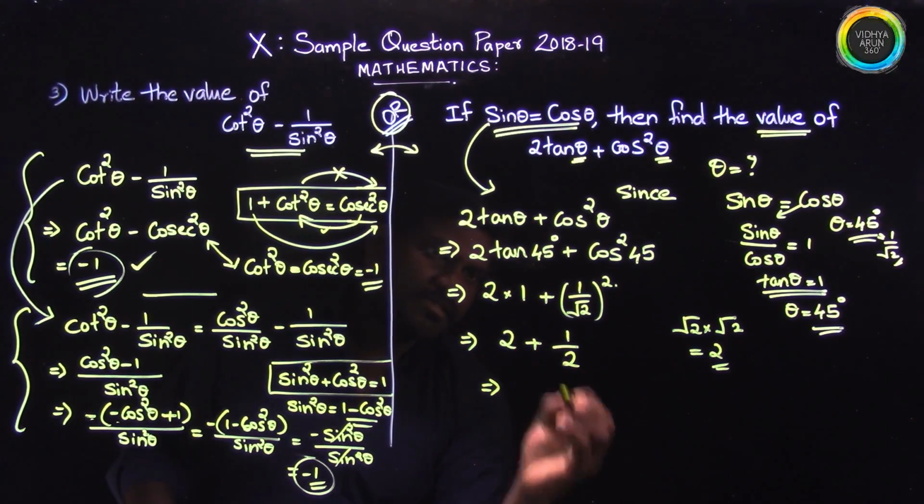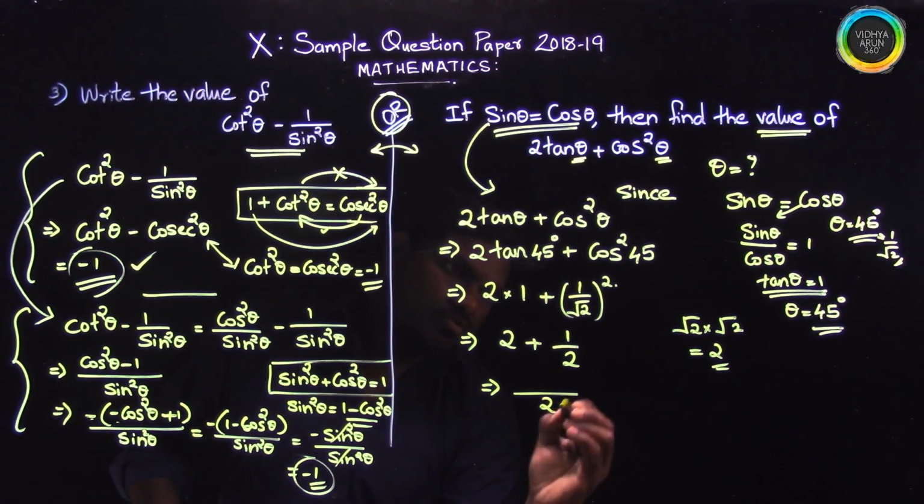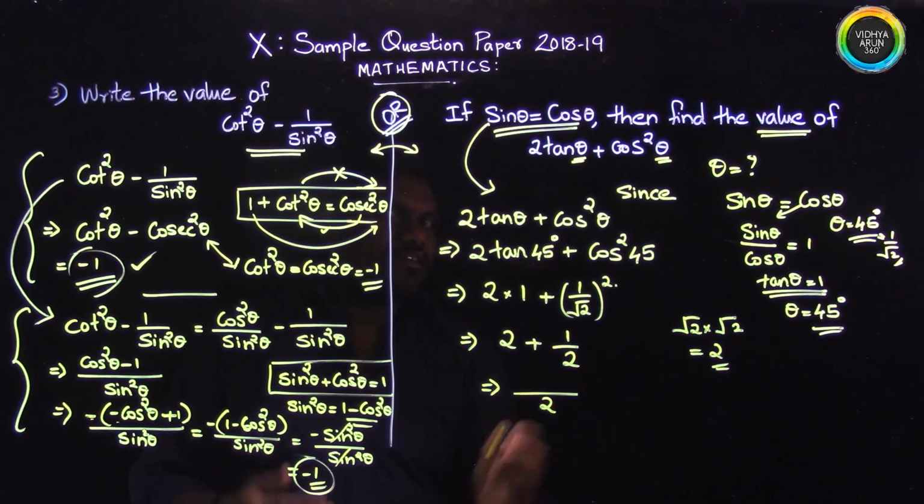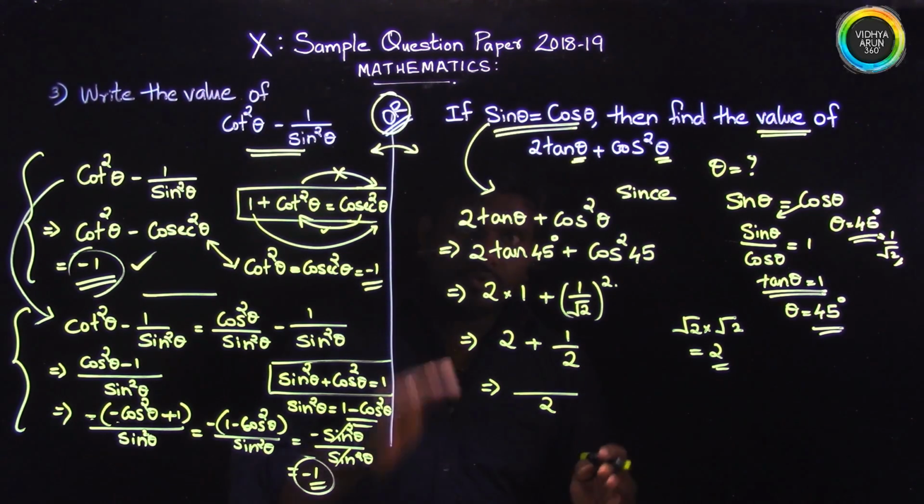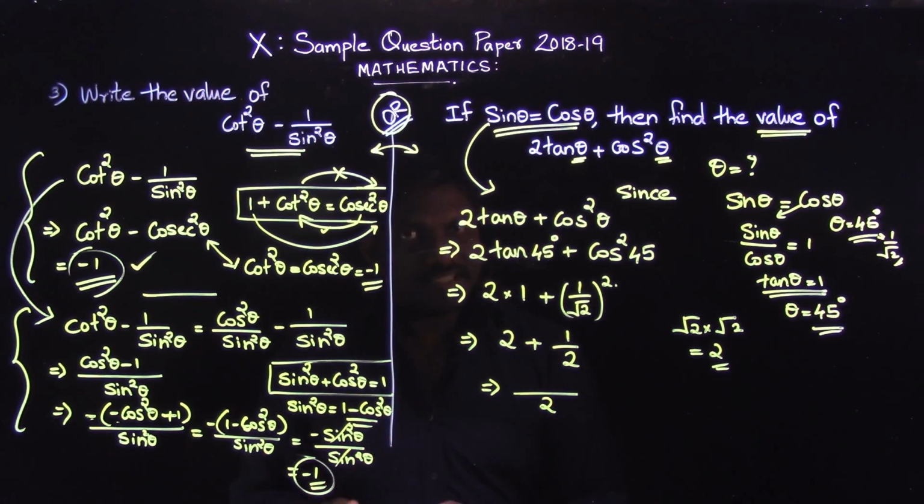And if I take the LCM, it's going to be 2 and 2. If you don't know how to take the LCM, as I was dealing with your Cambridge University syllabus, there is another method of taking the LCM. If you want to know, just comment down below, so that I can show you how to take the LCM if you are confused, because you don't have any provision to use a calculator. So if you want, I will do it. It's pretty easy here.